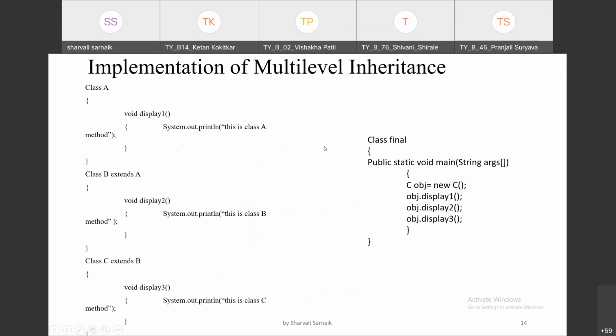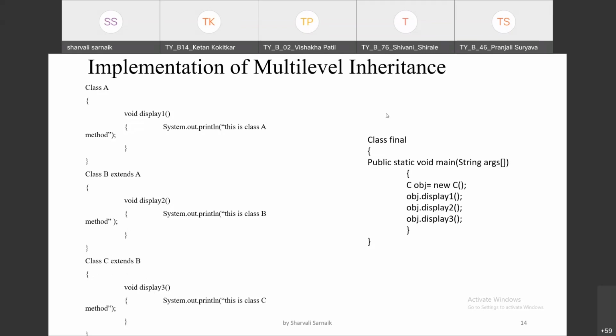See, this is one simple example of multi-level inheritance. Class A is taken. Inside class A there is one method called void display. Then class B is taken and extends A. This means we are inheriting the features of class A, and the class B method is void display 2. Similarly, class C is taken and it extends its previous class, class B, and has its own method called void display 3.